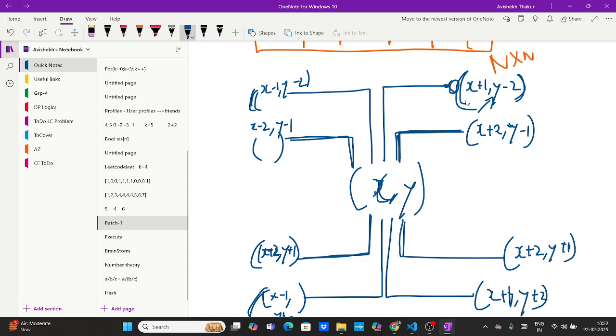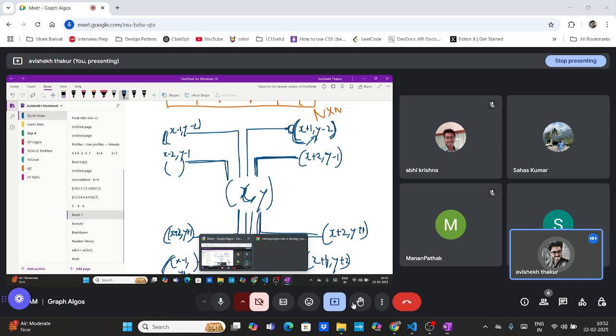If we add plus 1 minus 2, can I reach here? If I add plus 2 minus 1, can I reach here? In x, if I add 2, and do minus 1, I will reach here. Similarly for this also, if I add plus 2 plus 1, I will reach here. Okay. So what we will see is